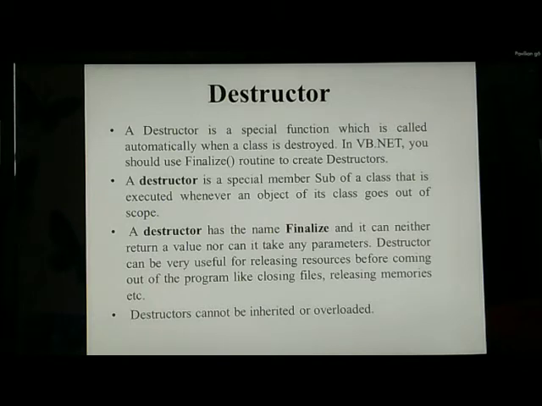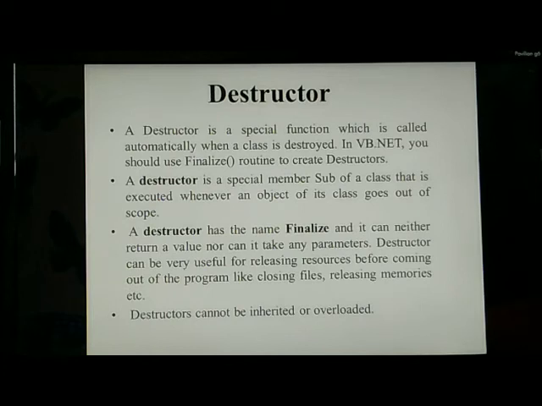The Finalize method is called automatically when the .NET runtime determines that the object is no longer required. For working with a destructor, the Overrides keyword is used with the Finalize method, as it overrides the Finalize method built into the Object class. Normally, the Finalize method is used to deallocate resources and inform other objects that the current object is going to be destroyed.